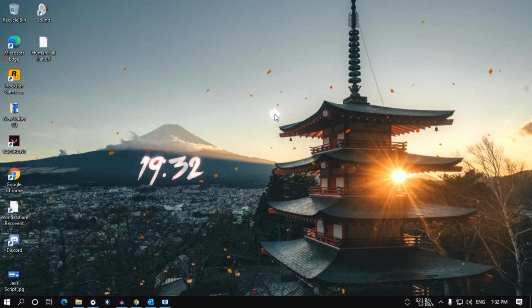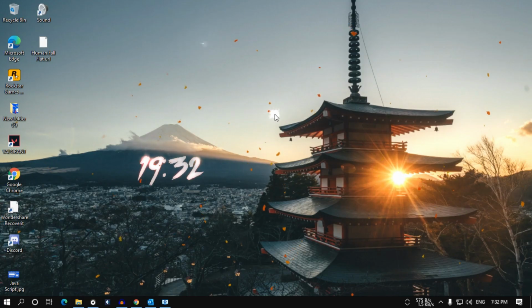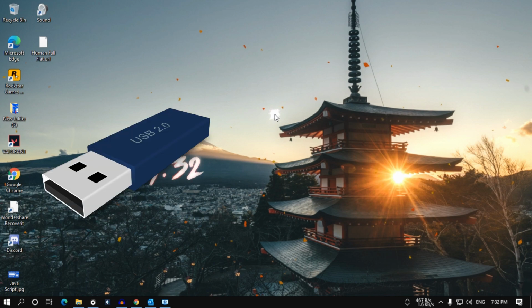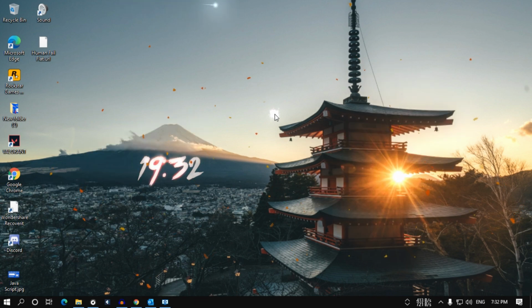So today I have come up with a software called Recoverit. The software will help you in recovering all the deleted or lost data, not just from your PC but any other platform like pen drive, SD card, etc. Having a high-tech recovery tool to recover data from any device, Recoverit has proved itself better than other companies.